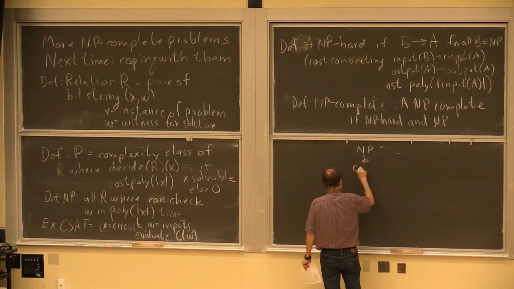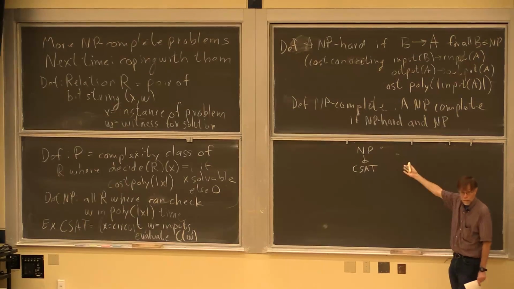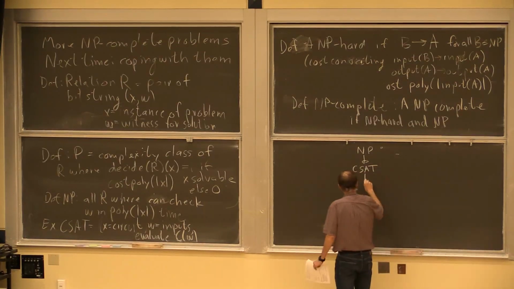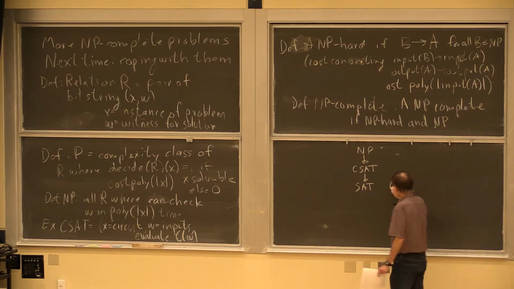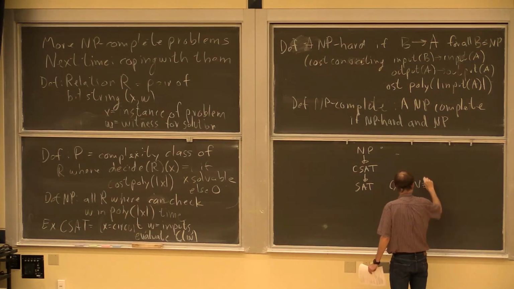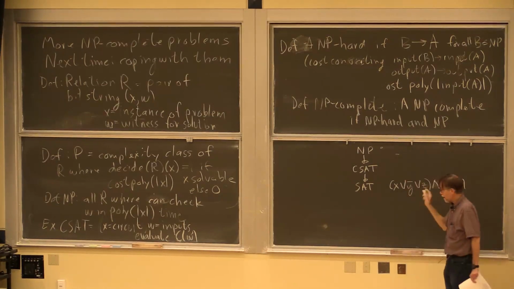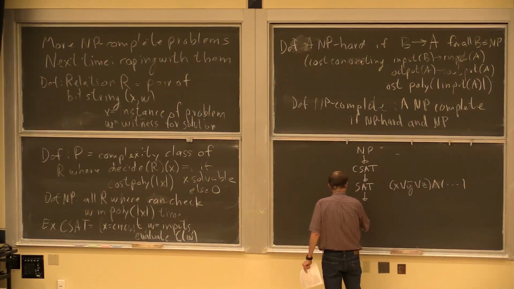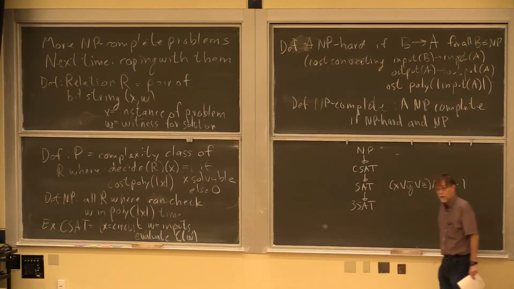So the first problem that we showed was NP-complete was circuit satisfiability. You can reduce any problem to satisfying a circuit. And then we reduced that to satisfying a Boolean expression in conjunctive normal form. So something that looks like this. Then we reduced that, this is all just a review of last time, to 3SAT, where you're allowed to have at most 3 variables in any of those clauses. So we did that last time.